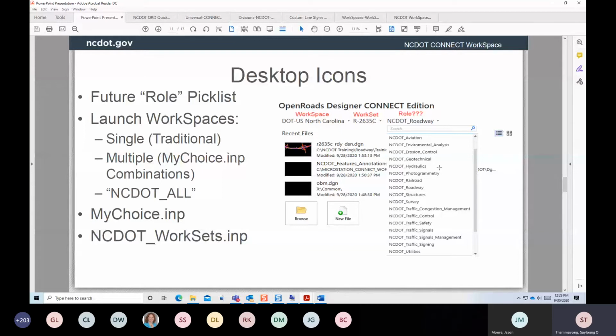I think this gives a peek at what they're looking to do when these DOTs started separating their sub-departments into that discipline folder. And that's what all these desktop icons are supposed to represent, this third row pick list. So just looking at the desktop icons here, I can launch single